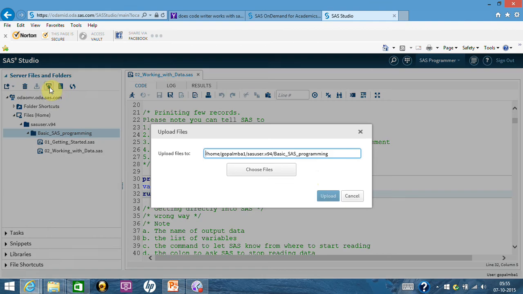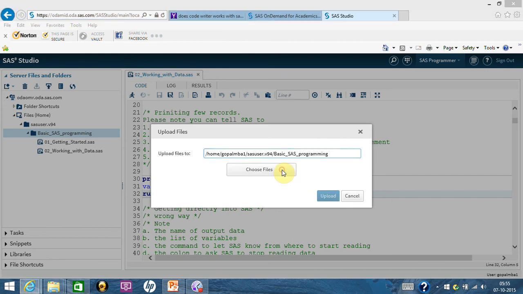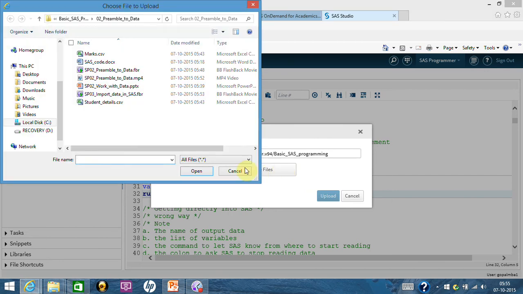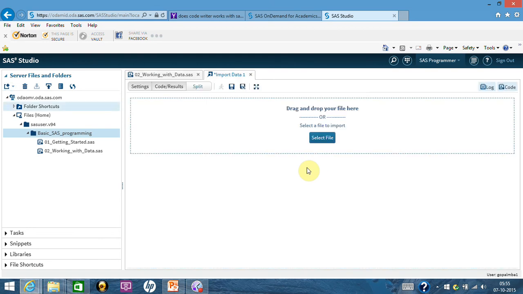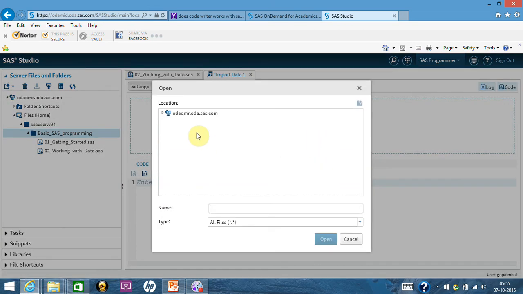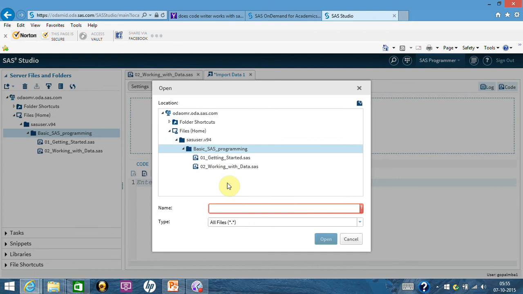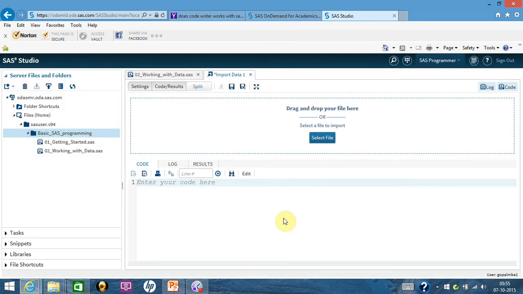Now what you can do, you click on this active. It is saying upload where. I'm saying okay, upload in this particular library. It is saying choose file, and then you can choose the file. What you need to understand, without this you can't actually import, because if you directly go here and try to import data, this will by default show you files only in this location. Because there is no file here, it won't work. So it's a two-step process in this particular web application.